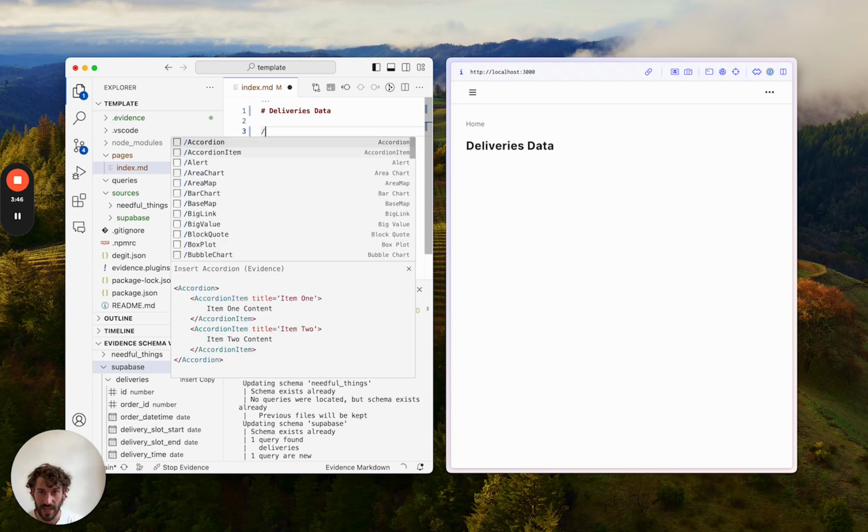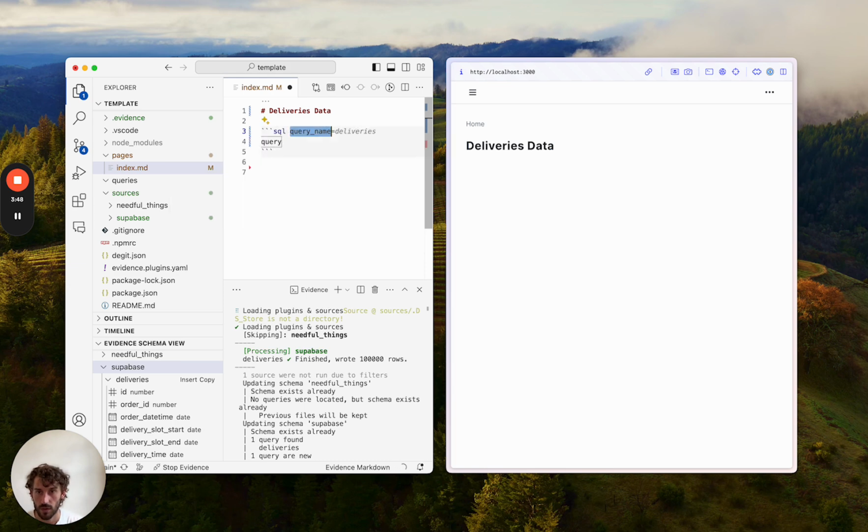So if I go / and then SQL, it's going to autocomplete some of the things I need. I'm going to call this deliveries, and the query I'm going to write is select star from, and it knows that I want Supabase.deliveries. And then when I hit save,